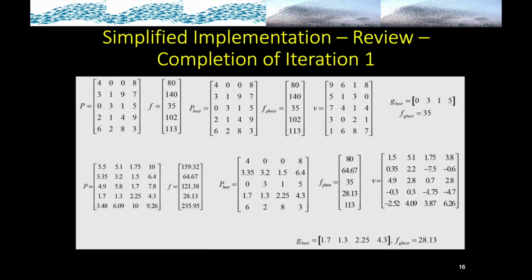So here is a complete overview or review of what happened after we have completed iteration 1. The original P vector, the position vector that we had set, was 4008, 3197, 0315, 2149, 6283. The fitness values were determined for them. The P best were set as the same values, and the F function was also the same values as the original F function. The velocity vectors were determined randomly: 9618, 5130, 7414, 3021 and 1687. And from this we got the G best and F G best values as 0315 and 35,